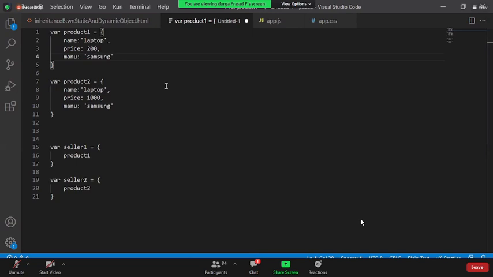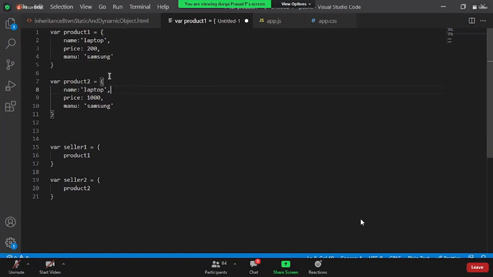So one question. Go ahead, Gagan. A situation I got. I found one question online that, for instance, there are 4 objects A, B, C, D. And one of the keys of object A is in object D. How do I access that key? That is what I said, Gagan. I mean, someone asked the same.